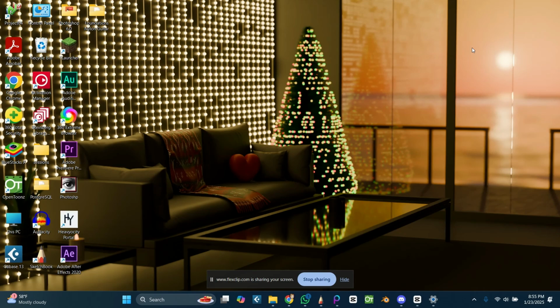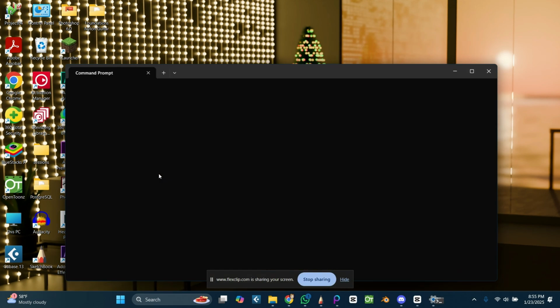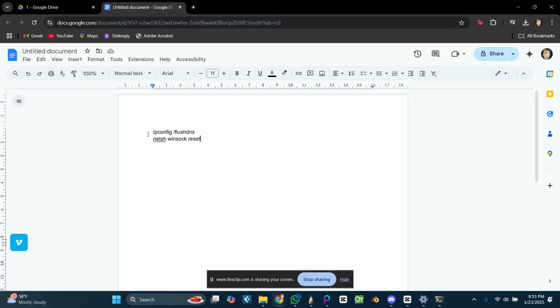So you're facing the IPv6 network issue. I got you. What you have to do is go to settings and then type in CMD. And after you're in, you're gonna type in this sentence